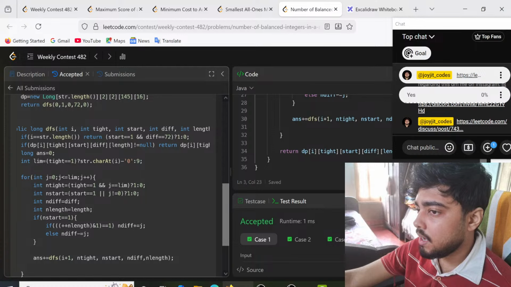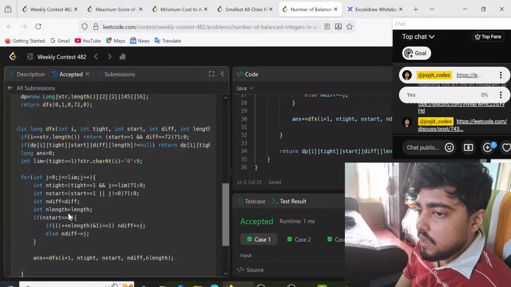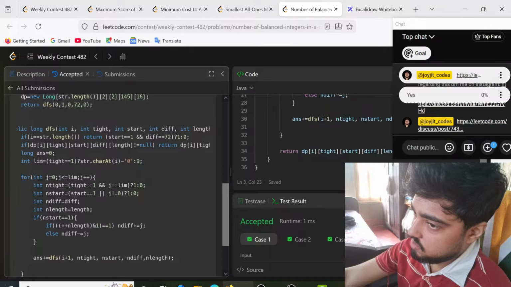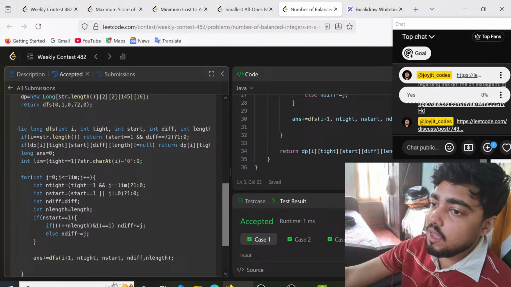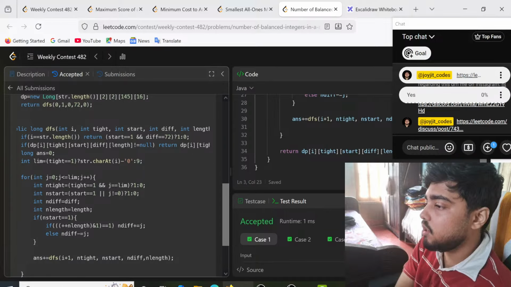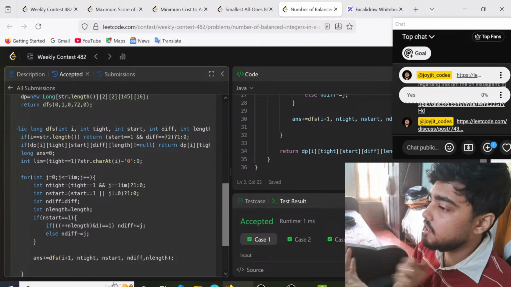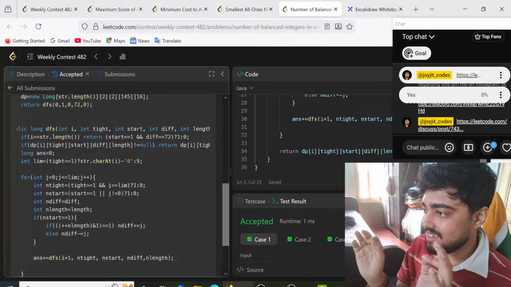We do all of them and check with all of them, because this is recursion. So what is the new tight now? The new tight is lost if earlier the tightness has been lost, because once you lose the tightness, you can't get it back. Simple. Sounds very bad, but yeah, that's the whole thing.